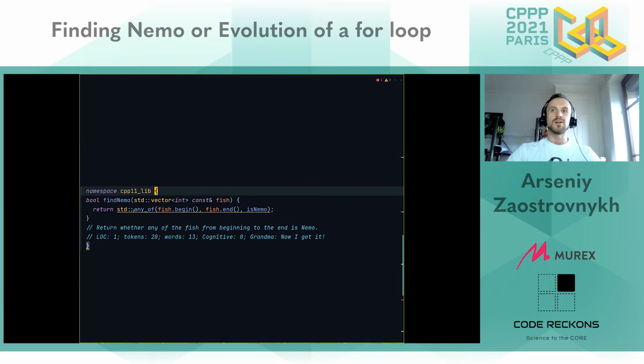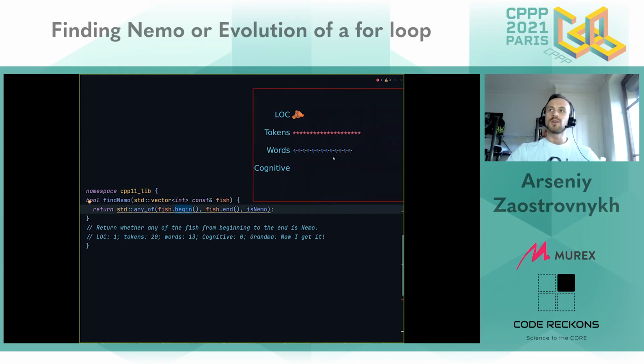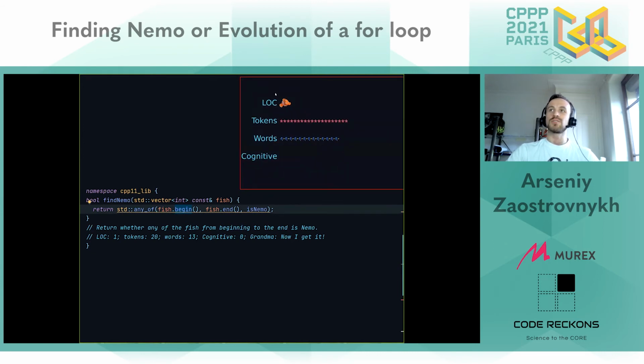Just call any_of, return whether any of the fish from beginning to the end is Nemo. So we get much fewer lines of code, fewer tokens, fewer words in the English transcription. Cognitive complexity goes to 0 because it's just one expression. And even grandma gets it very quickly.